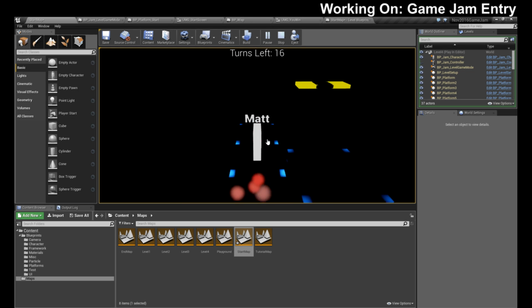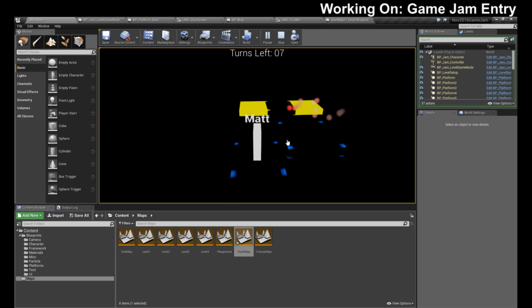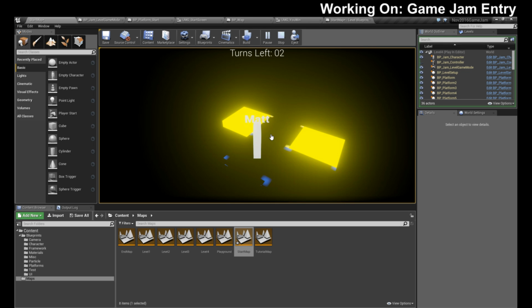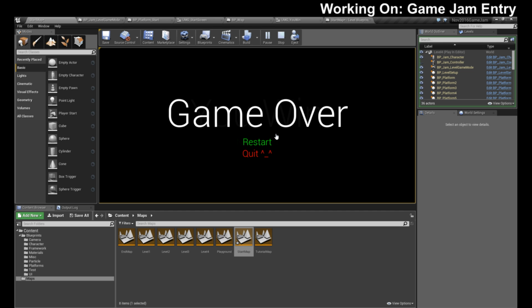So I managed to get that. How did I get that to do it again? I managed to get restart and I managed to get game over right when I got to the end. Huh. Well, crap.